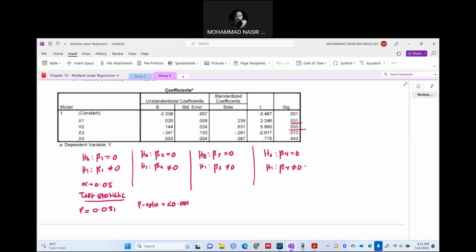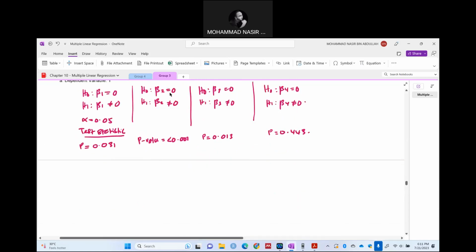The probability for an event should not equal to 0. This is basically a very small number. So number 3 is 0.013. And number 4, 0.443. So our decision,